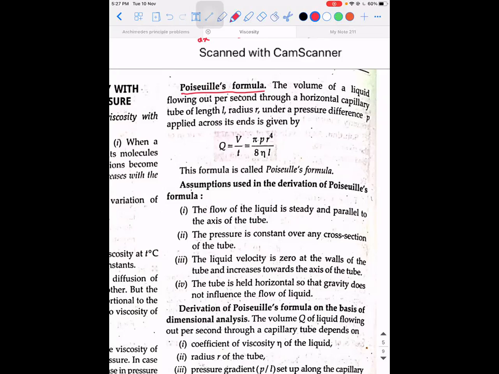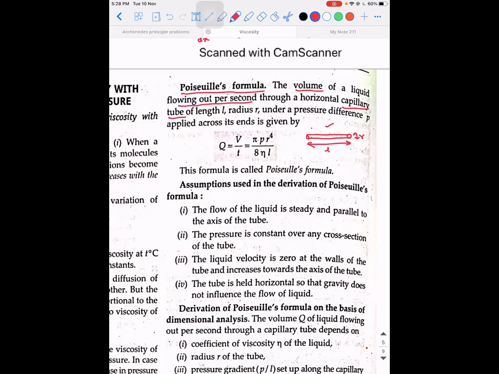Okay, so the volume of a liquid flowing out per second, this is the statement. So if you're able to calculate the amount of volume that is flowing per second through a horizontal capillary tube. So as of now, capillary tube means, have it in your mind. You have seen straws, right? You have used it. So straw is an example of a capillary tube. Capillary tubes are the ones whose length is more compared to the thickness. Okay, as of now, remember it like that. So the volume of the liquid flowing out per second through a horizontal capillary tube of length L,